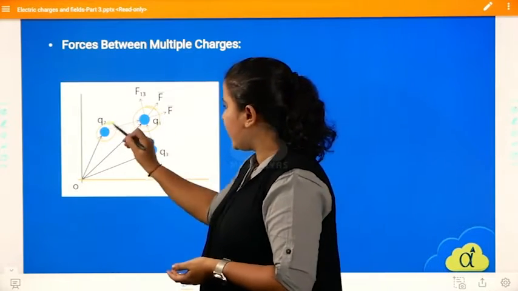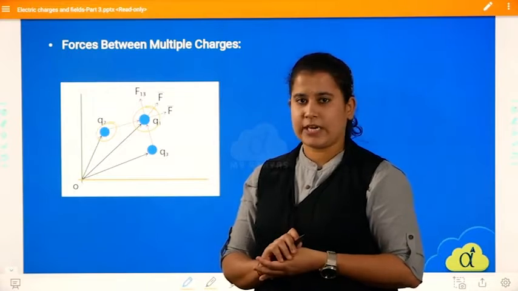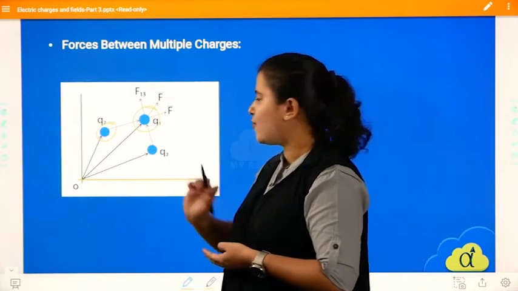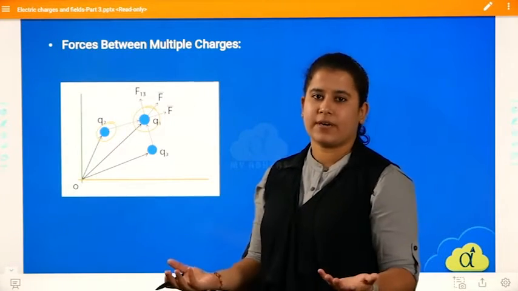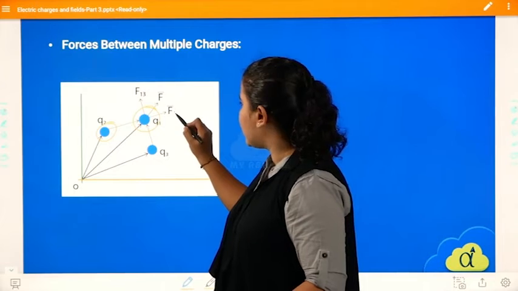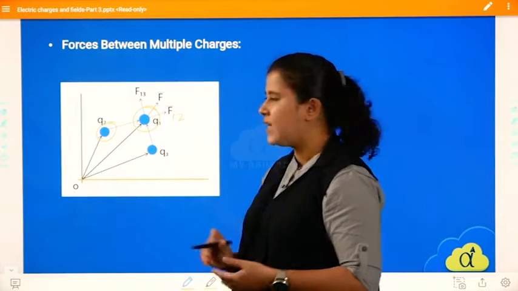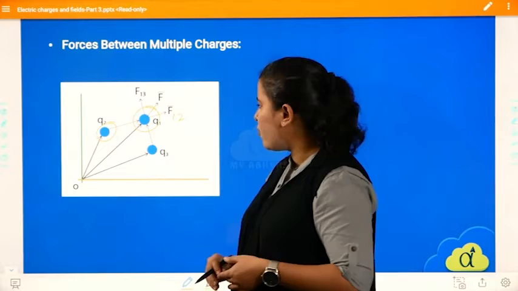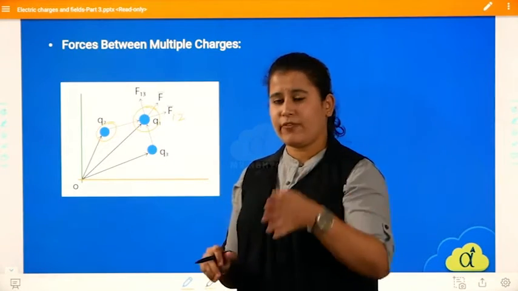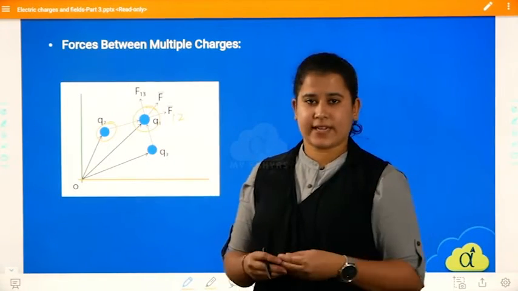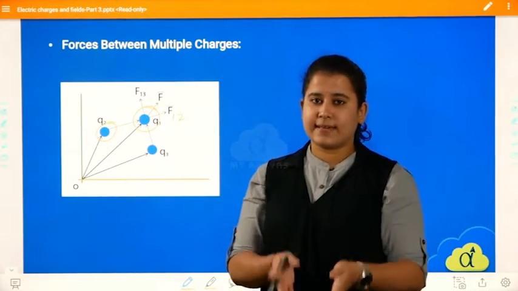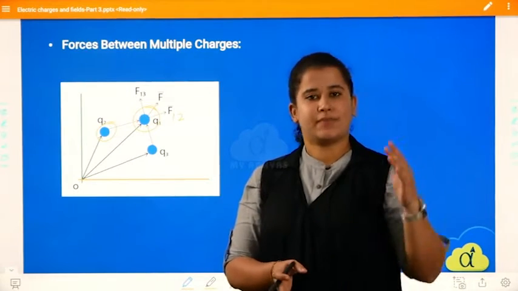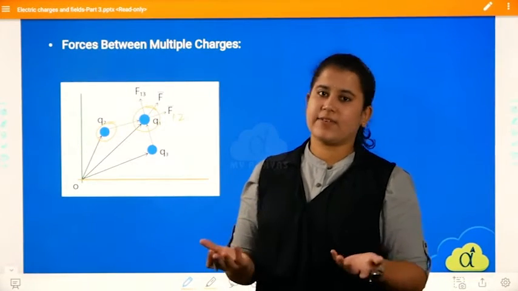Because Q2 exerts force on Q1, as Q2 exerts force on Q1, there is a force liberated. That force is nothing but F12. So what is F12? F12 is the force on the first charge by the second charge. That is the force exerted on the first charge by the second charge, and that is given again by Coulomb's